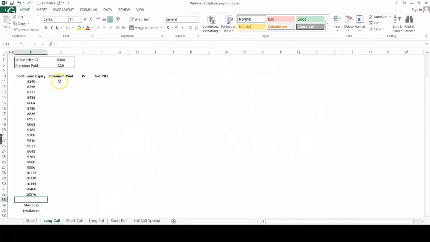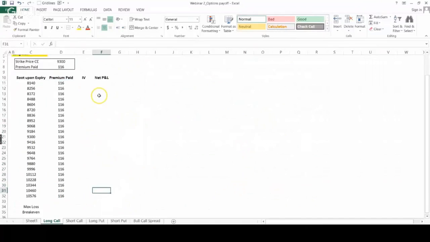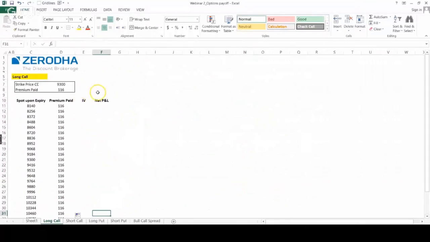Now, irrespective of where the spot goes, today I've paid a premium of 116. So this fact is not going to change. I've entered the position and I've paid 116 for this position. So irrespective of where the spot goes, this will remain the same for me. Now, on 26th May,